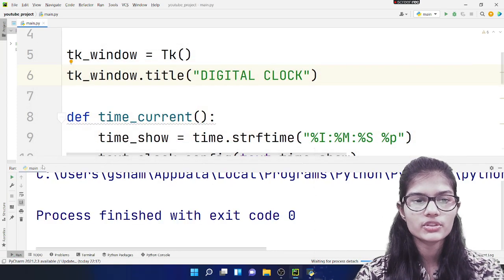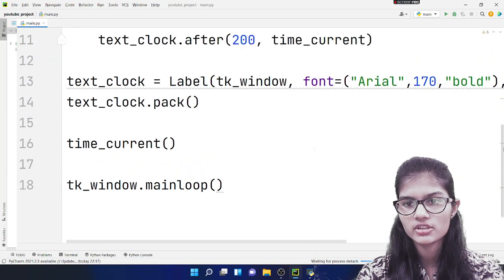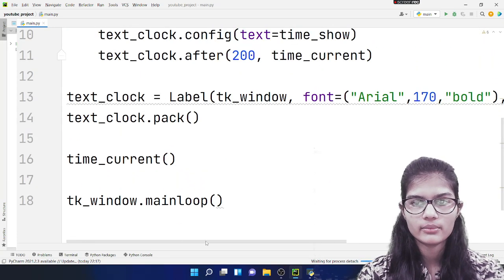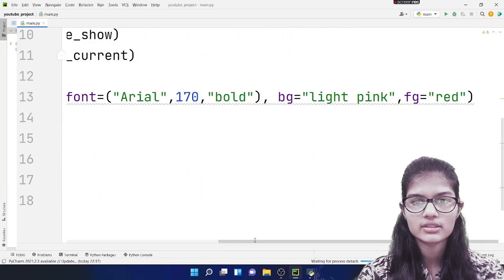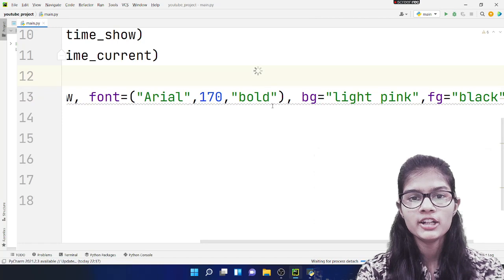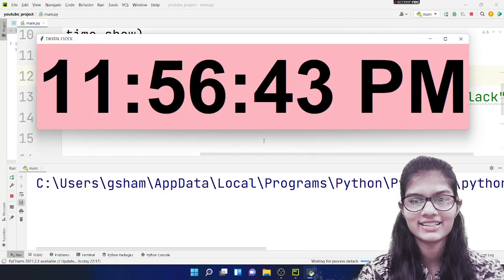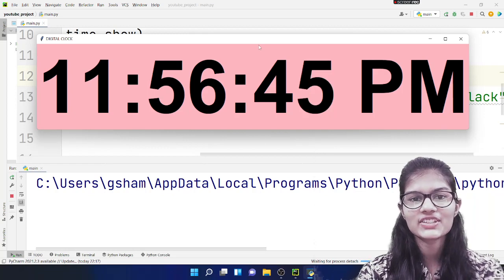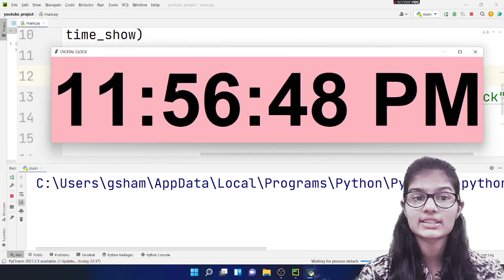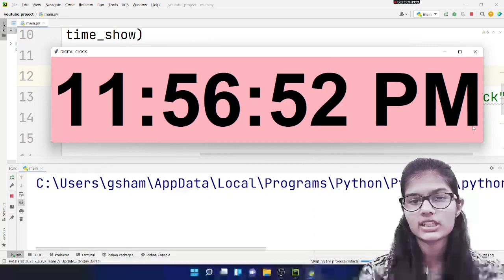So now once again I would make one single change here. One second, let me go to the other side, and simply make it black, because red might not be visible on phones, if you're watching through the phone. So now I am once again going to run this particular program. It's the last time actually. Yes, so right here I'm getting my time. It's 11:56, the seconds are moving, and it is right now PM.